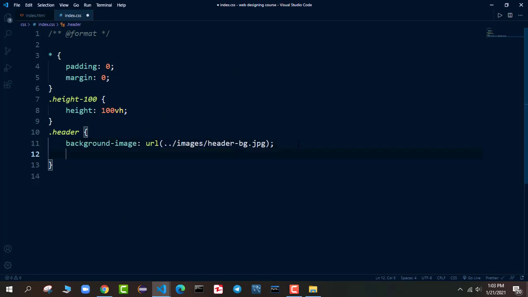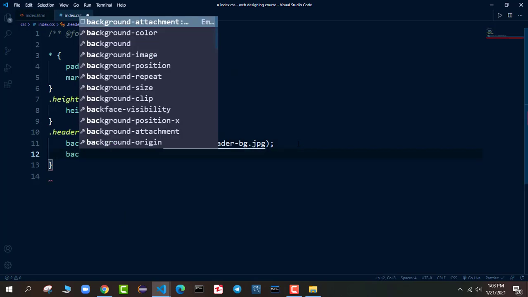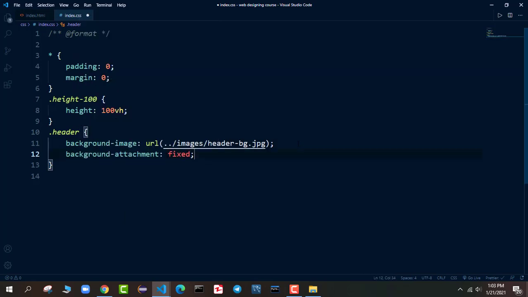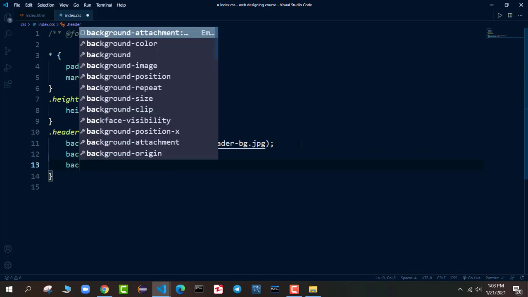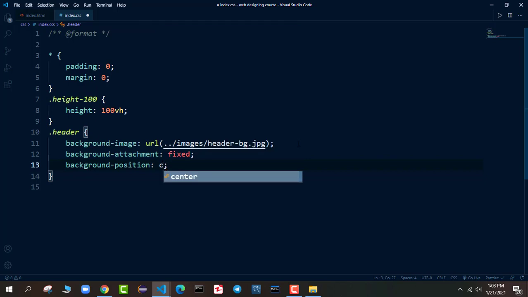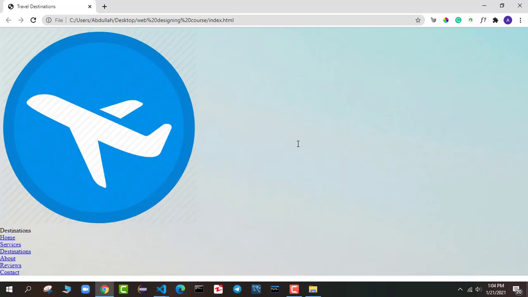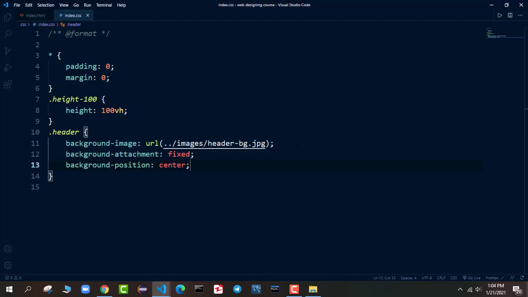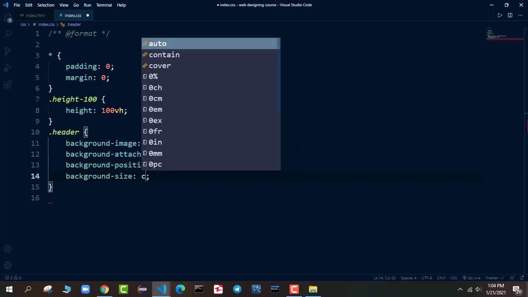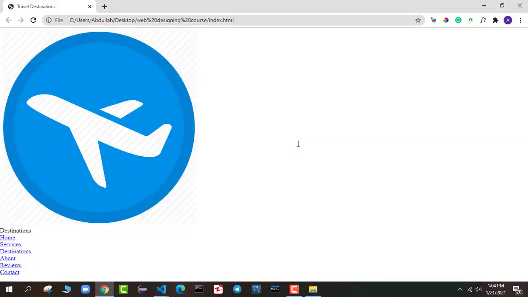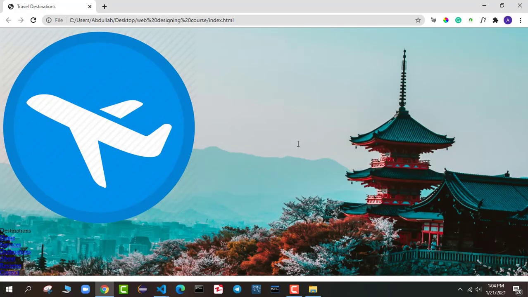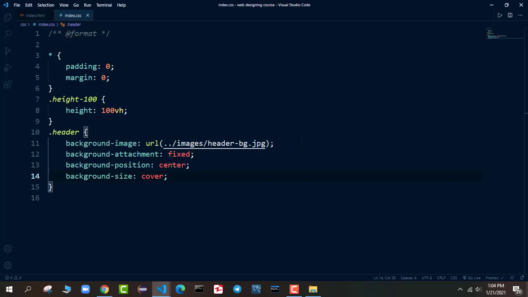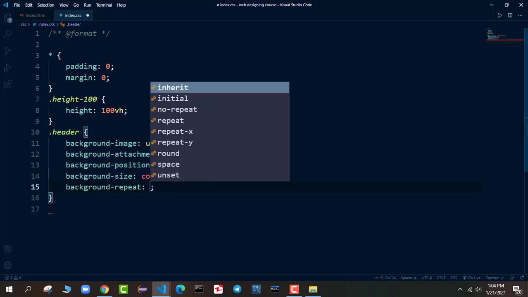Now let me style this one. So I will say background attachment fixed. I will show you what background attachment actually means. I will say background position center. So the position will be in the center. You can see a little bit of change happened there. When we say background size cover, it will consume all the space. After that, I will say background repeat no repeat.